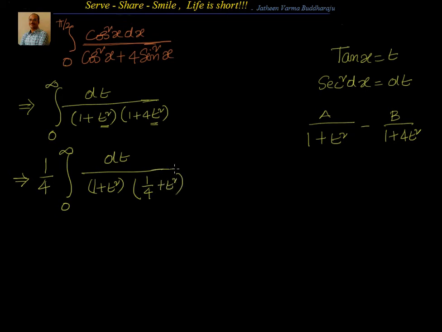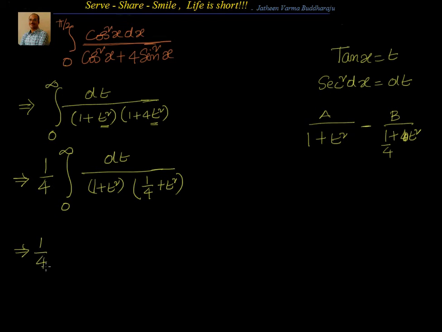Why we are doing that? We are doing that because when we have it like this in the denominator, when I do 1 by 4 plus t square, when I subtract them, t square will cancel out, and I will be ending with a constant which I can put the reciprocal of, inverse of that, and I multiply that. I should be able to convert this product of them into subtraction of them. So I can convert the product into subtraction of them. So let us see how that works out.